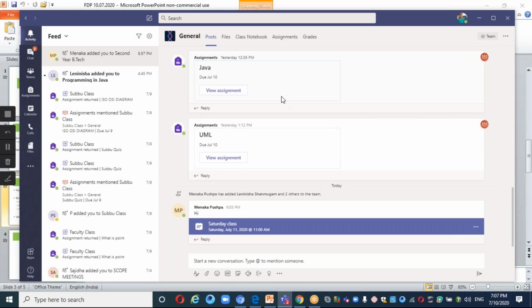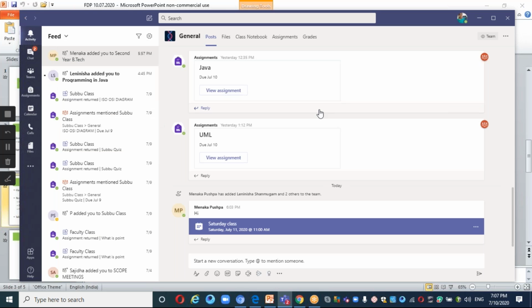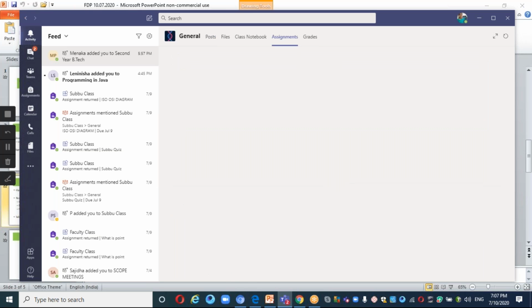I'm not getting it posted here now. I'll show an example here. There's some problem here. So after you move on to giving assignments, how I'm going to share is: go to the top. When you click your activity, you will find something called Assignments. Click the Assignments. At the top, you'll find something called Assignments. Click the assignment.